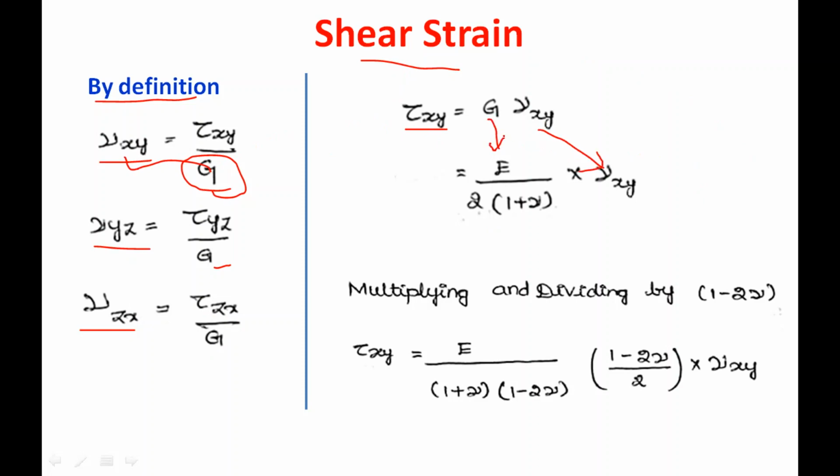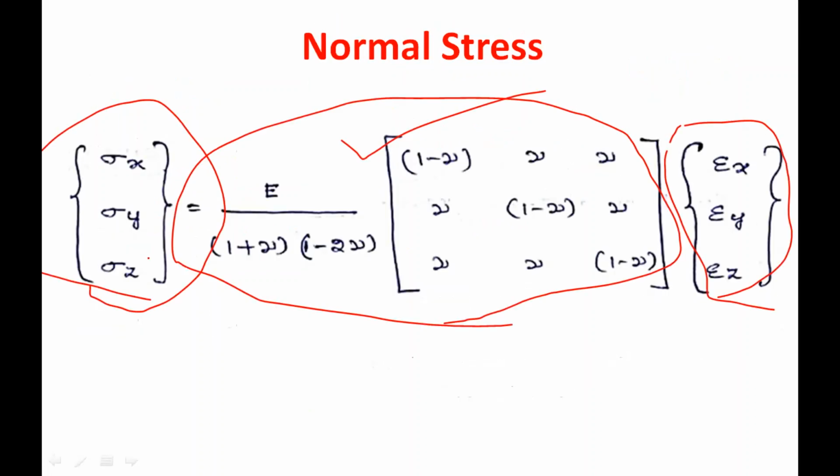We know the relationship between G and E, that is, shear modulus and Young's modulus. So G will be equal to E divided by 2 times (1 plus nu). You have to remember the relationship: E will always be greater than G. In that way you can remember this expression, G is equal to E divided by 2(1 plus nu). Now to add these three shear stresses also in this equation, we are going to take this common constant, right?